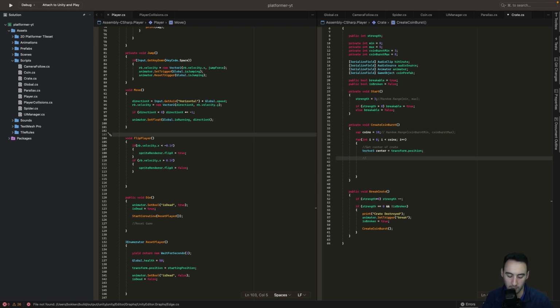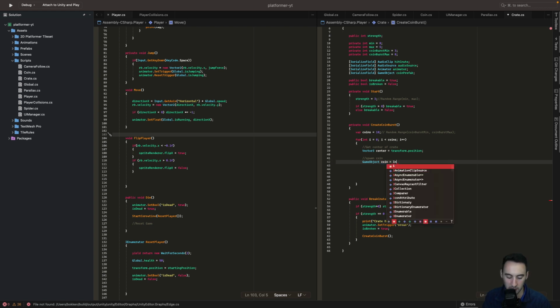Okay, the next thing we want to do after that is to instantiate the coin. So here we're going to spawn a coin, and so far we'll start with 10 and see how that is. It might be a bit too much, but I just want to actually see this animation kind of thing happen. So what we want to do is create a GameObject, and this is going to be our coin,